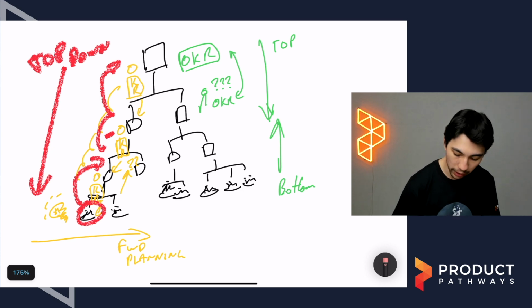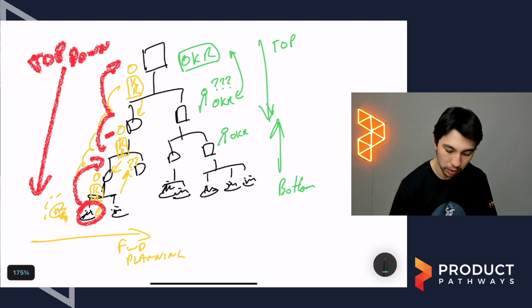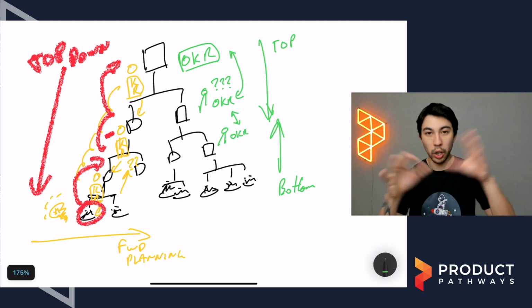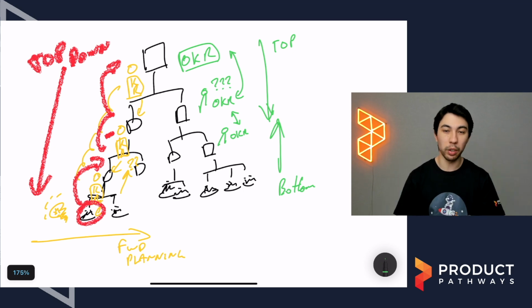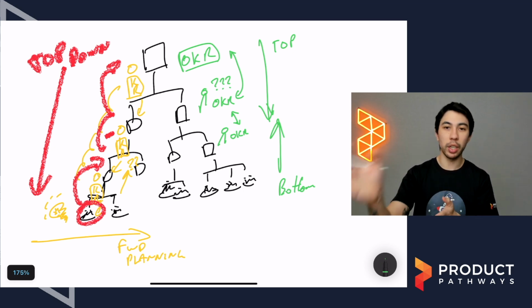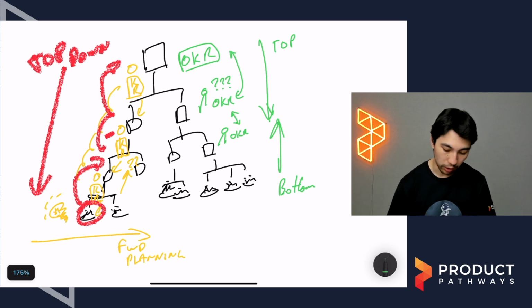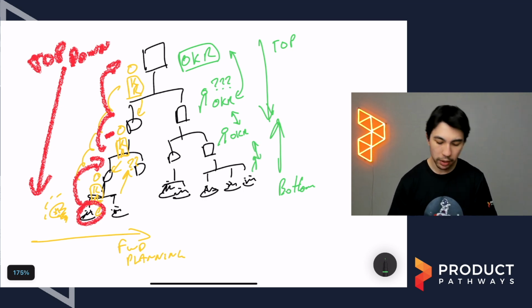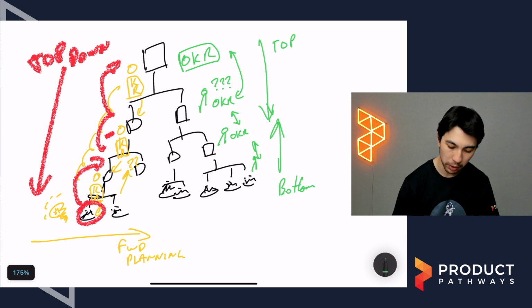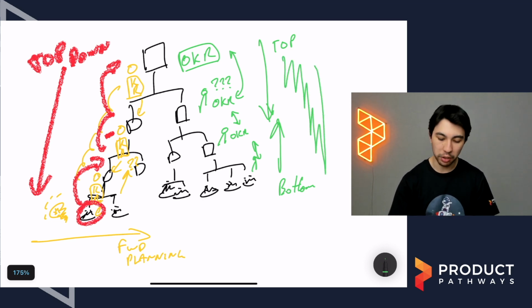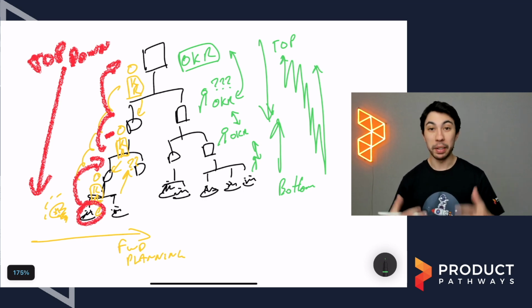So they'll set their OKR, and then the next layer down will do the same. They'll set their OKRs. You can have multiple OKRs, and they'll say, okay, based on what I own, this product or this suite of products, I can help you achieve your goal by doing these things. And again, it goes down to the bottom. So we have this back and forth. It becomes kind of like ping pongs and yo-yos throughout the organization, and obviously back up again at the end. I know this is getting messy as a picture, but this is how it works.